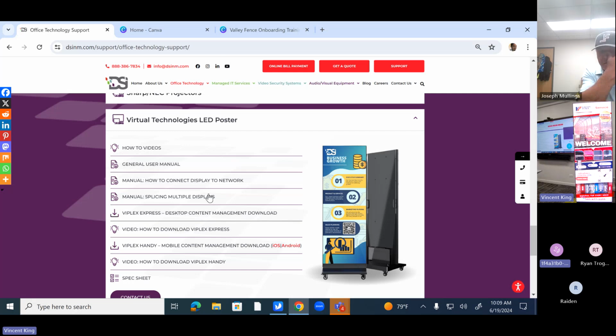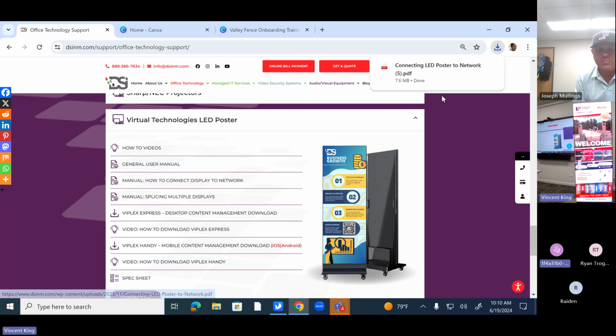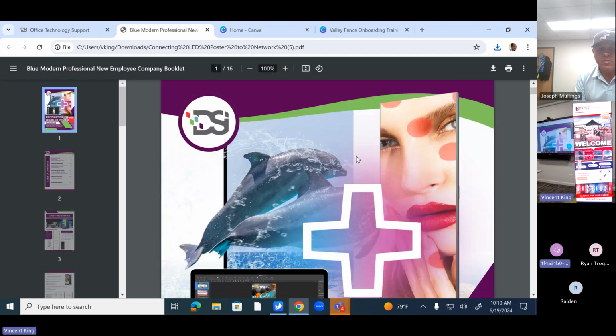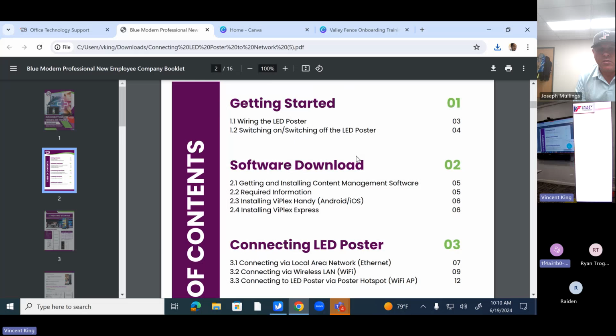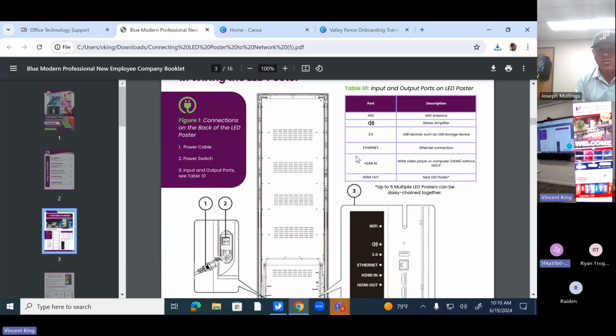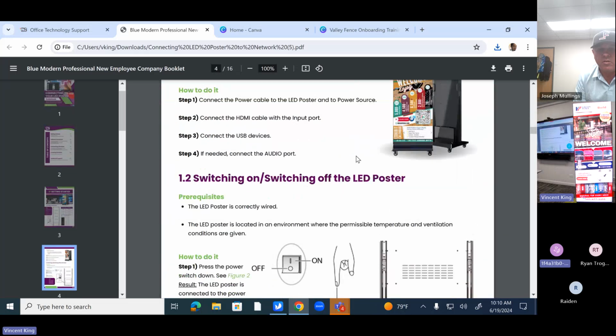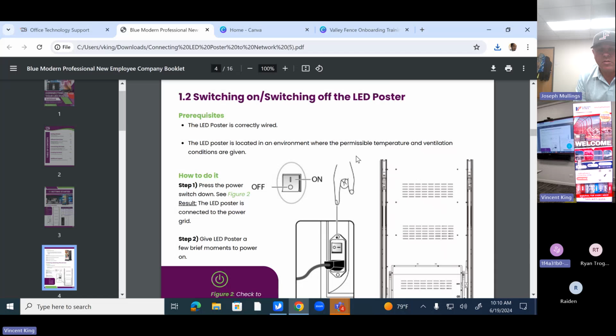And then you have all of these supporting documents. So what we're going to want to click on, and Ryan, this will be a deliverable for you probably, is download this PDF. And then there's a step-by-step walkthrough on how to connect your LED poster to your network. There's multiple ways to do this, guys. You can either hardwire connect. So if you guys have a network drop,